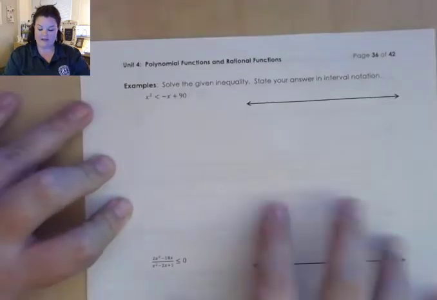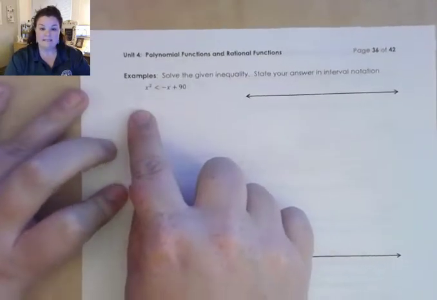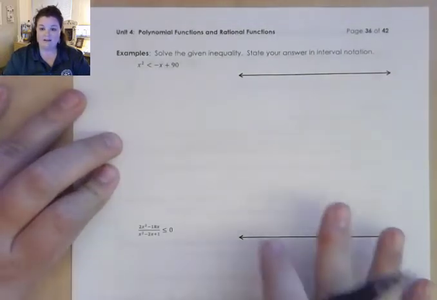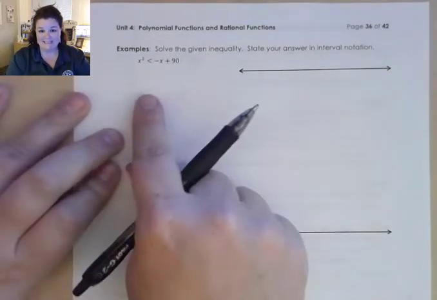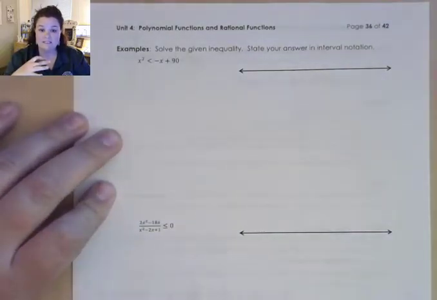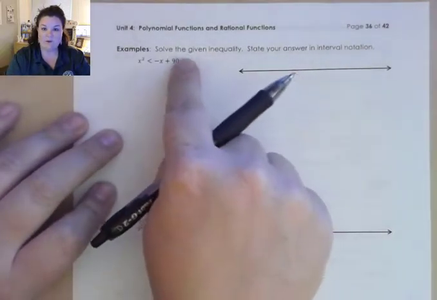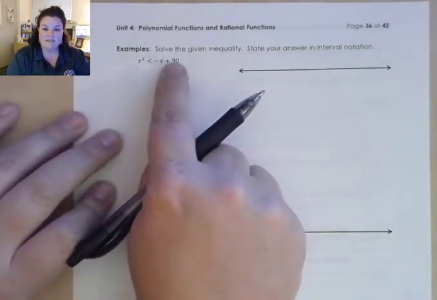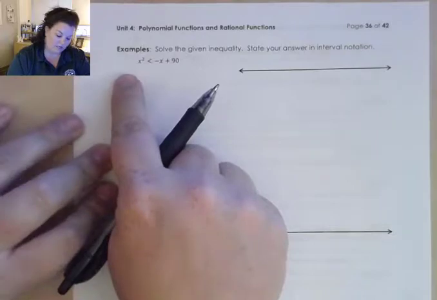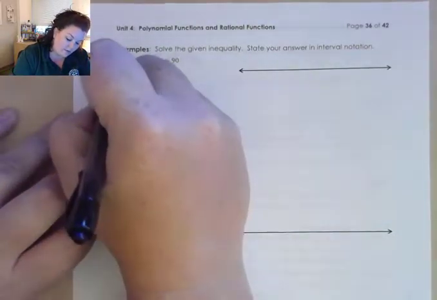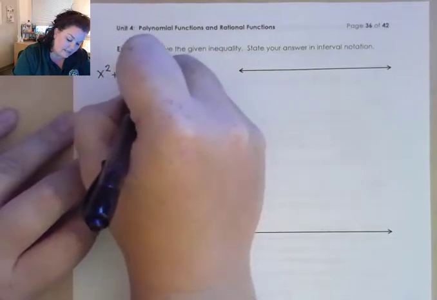On the back page, we have x squared is less than negative x plus 90. So when I start factoring this, I can't just do it as it is. I need it to be written in standard form, which means I want everything on one side so that I just have a 0 on the right-hand side. So I'm going to go ahead and move this negative x and the positive 90 over to the other side. Now when I move them, they're going to change signs. So I'm going to have x squared plus x minus 90